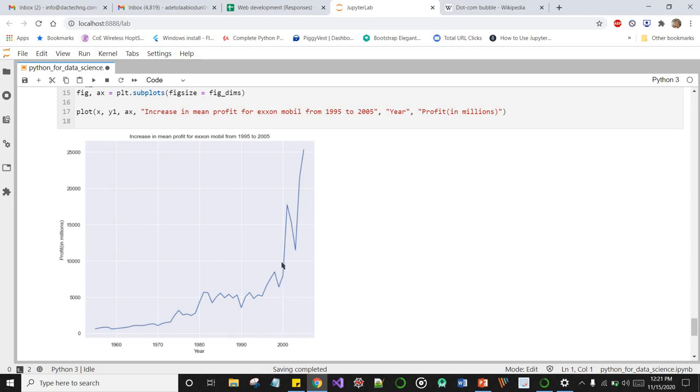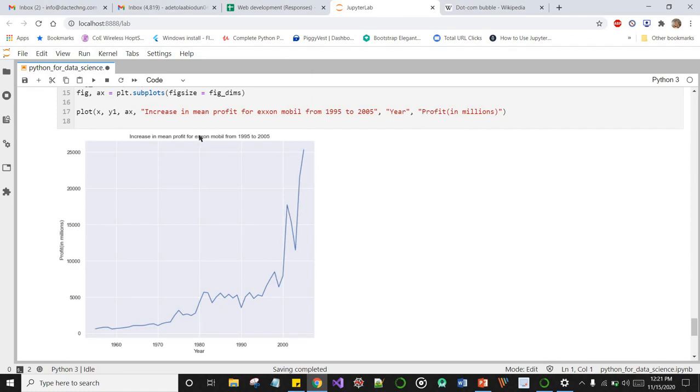There was an increase in profit for ExxonMobil, and also in the mid 2000s there was a sharp drop from the early 2000s, and there was also an increase from the early 2000s rather, and if I'm quite correct, the oil price at this time, because this is an